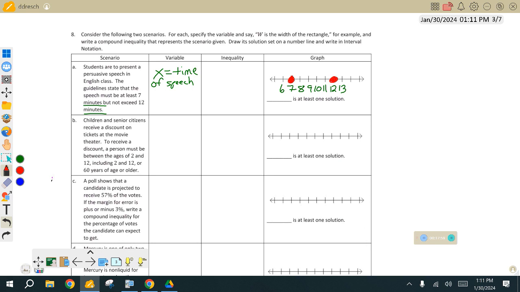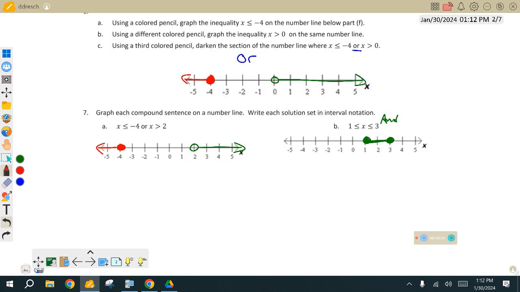Now, where are you shading? Where's your sweet spot? The middle. Correct. So it'd be in the middle. Thank you. That's what I was looking for. Right. So what's that inequality going to look like? It's going to look like the "and," as Jayla said, which is going to look like what we did right here. From 7 to 12,